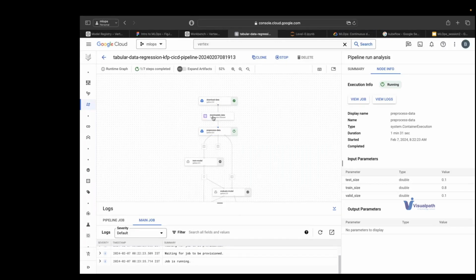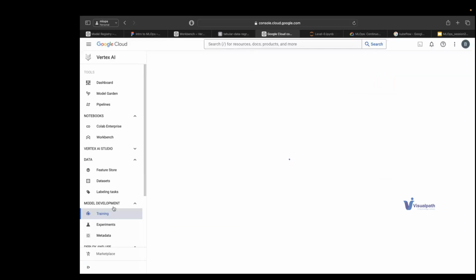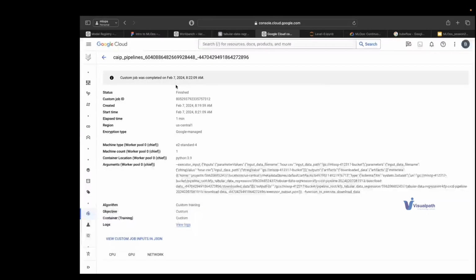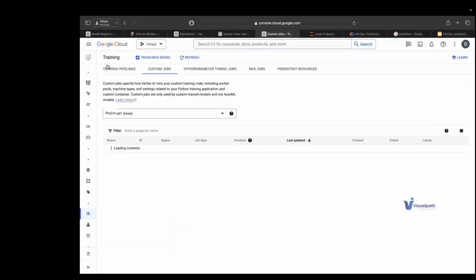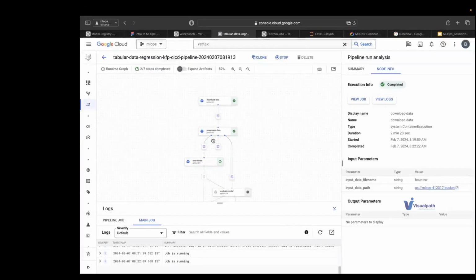So if you see, when I press view job, it will spin up a new page with all the trainings here. And this is running on Python 3.9 with all these things. The execution type is Google managed. We are not managing the machine type with this one. So that's the beauty of it. All this is separated, and it might run on a different machine. It will spin up the container for us.